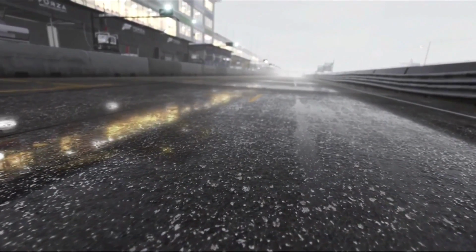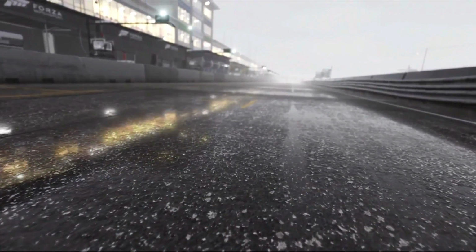Now we've actually seen this bit before in one of the screenshots with the 458 Speciale. It is a pit lane of one of the tracks in the game. I don't know which one it is just yet. It does still remind me of Sebring a little bit, but we get to see the amazing detail on the wet weather and the actual tarmac itself, the way the water's lying on it. It looks incredible, seriously. Hats off to Turn 10 for transferring the weather system from Horizon 2, making it